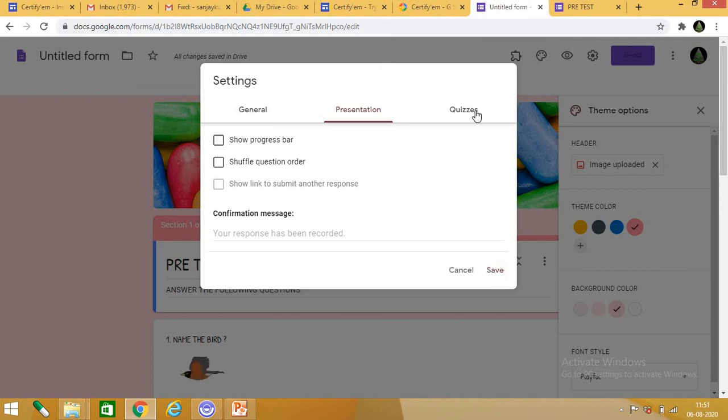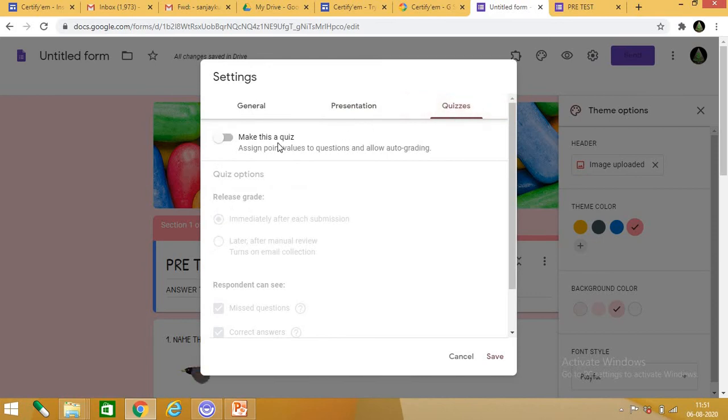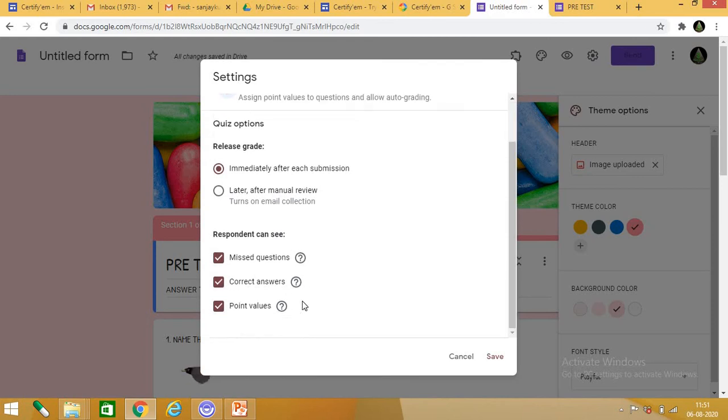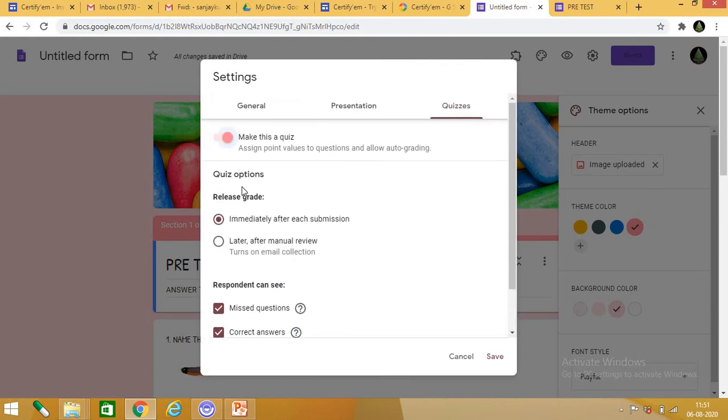Then come the quizzes. You are making MCQs, so always make this button on. This is on, this is off. On, off. When it is on, you will get these options. Release grades: you can release a grade immediately after the submission, or later when you review it. You can choose immediately if you have already reviewed your Google form.